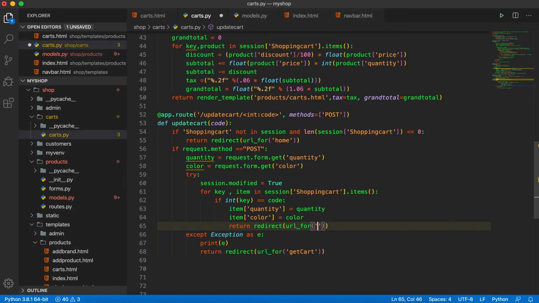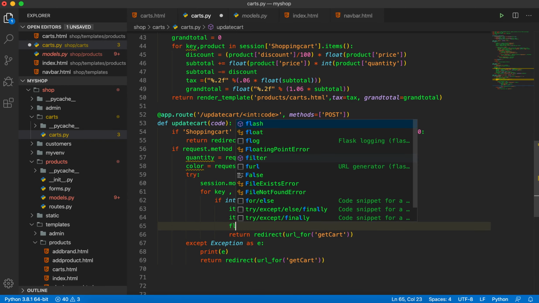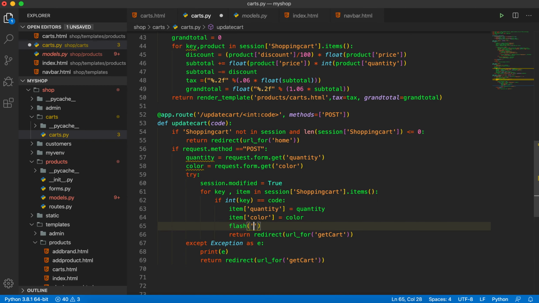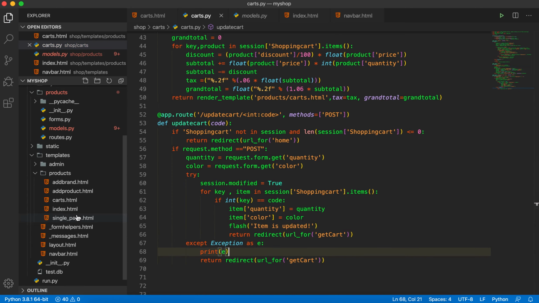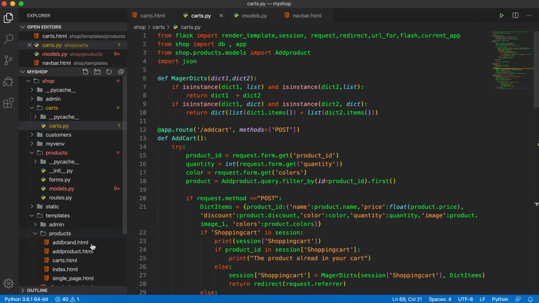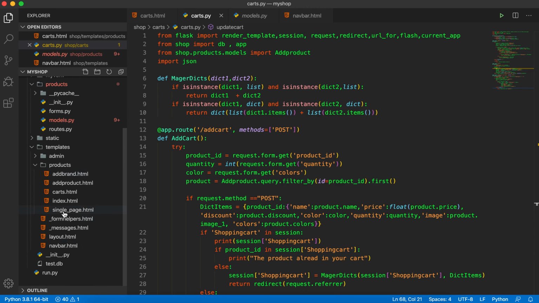and here we will also get cart, and we will give here the flash message, flash, and here we will write that item is updated, just this simple message. And I guess we are not including this item message here, so I will come here in admin,